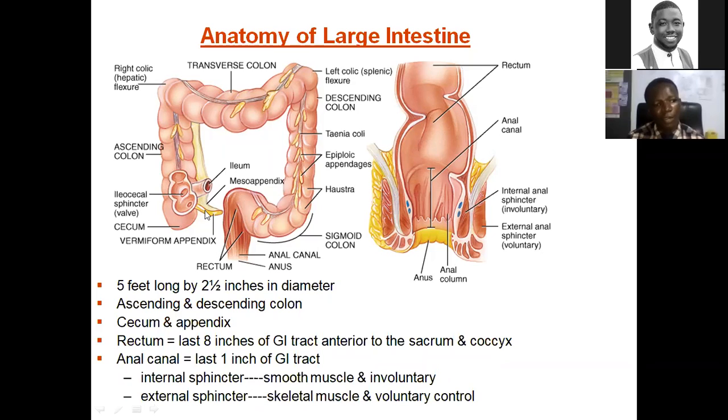Because of its appearance as a worm, it is called vermiform appendix. And this appendix is attached to the rest of the large intestines by a mesentery called the mesoappendix. This is just the mesoappendix that attaches the appendix to the rest of the